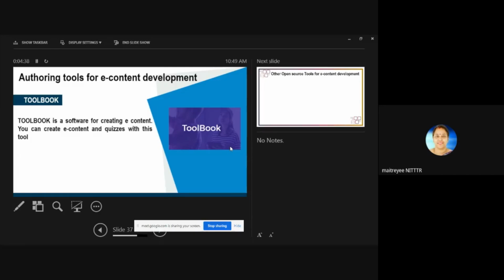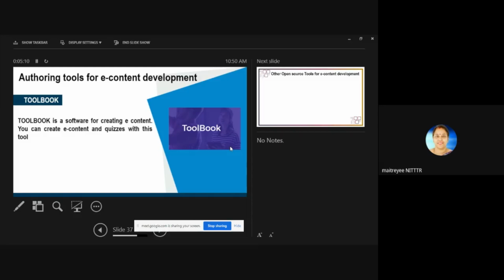All these things are possible with the help of Toolbook. The main advantage is that whatever you create with Toolbook can be converted into an exe file, which you can take anywhere and just run, and your material will run automatically. For example, when you go to a classroom, you can immediately tell your students to participate in this quiz. That means the class will be attentive, and your lecture will be interactive.